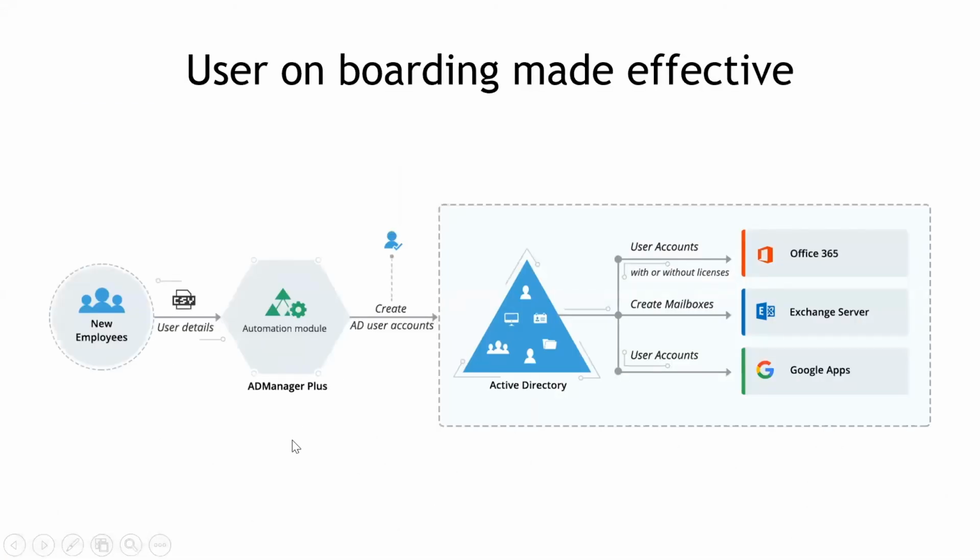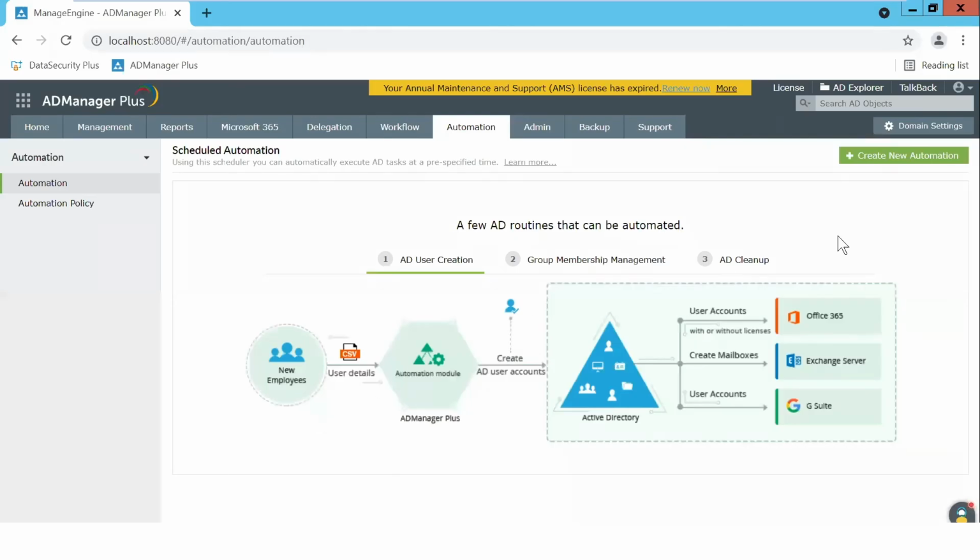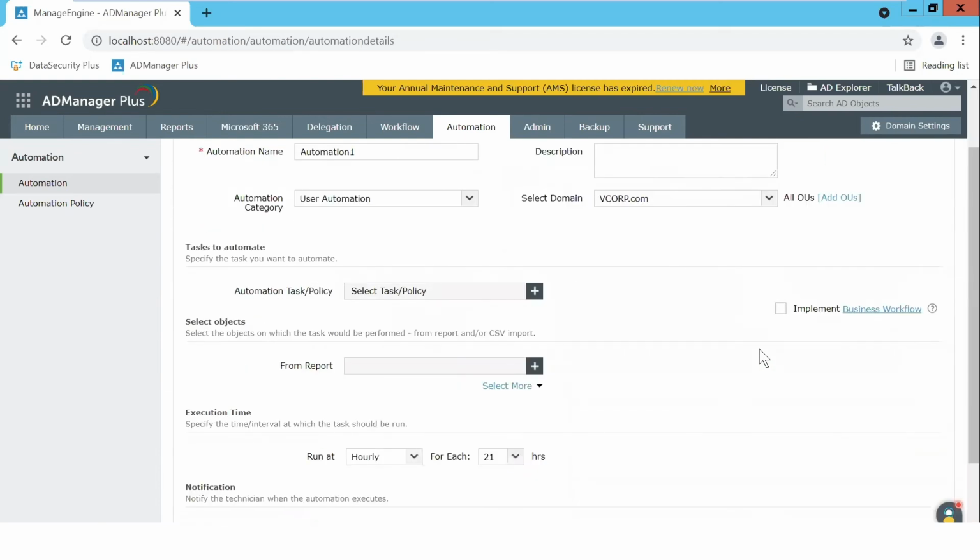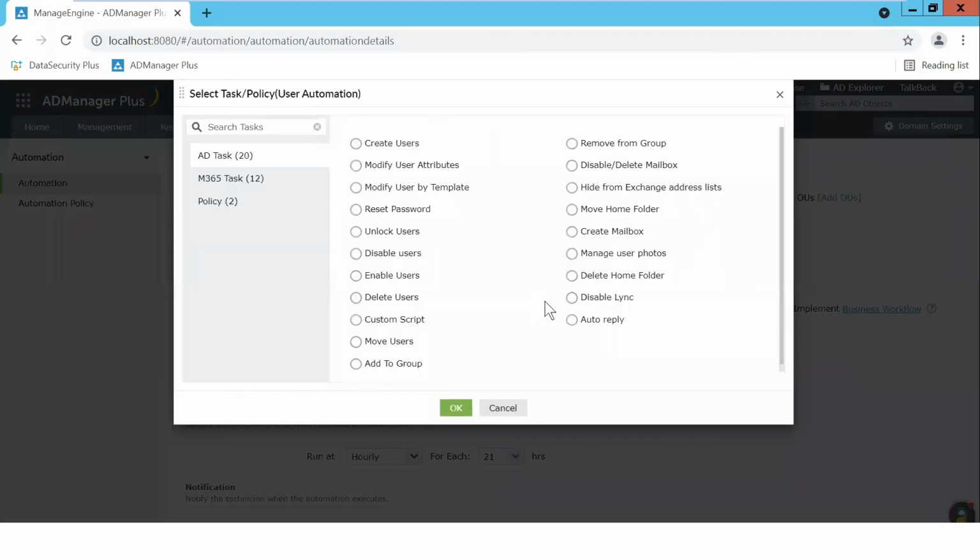Now, let me tell you some of the things that you can automate, okay? Or let me actually show you. So when you're going to create a new automation, we have 4 categories of automation: user, computer, group, and contact. Now, I'm just sticking to the first category here just because we're pressed for time. Okay. Now, the first action that I'd like to select, okay, and by the way, letting you know that we